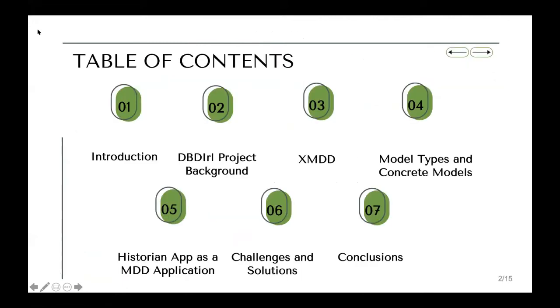In this presentation, I'm going to discuss our project DBD-IRL, Ireland 1864 to 1922. It's a data-driven public history research project in digital humanities that uses historical death registration data to build a big data interoperability framework largely based on the knowledge discovery process. These are the objectives I'm going to discuss today.